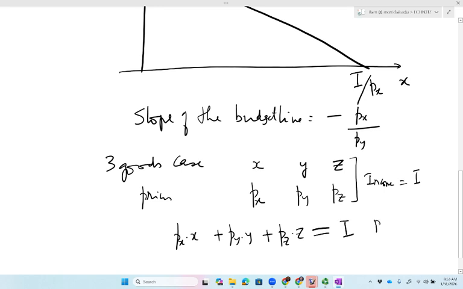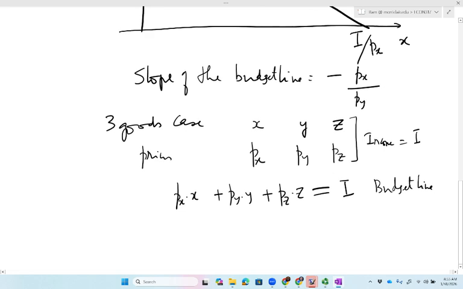This is the budget line. And the budget set by making this equality to be less than or equal to. So just to complete this, P subscript X times X plus P subscript Y times Y plus P subscript G times G less than or equal to income. This is the budget set,